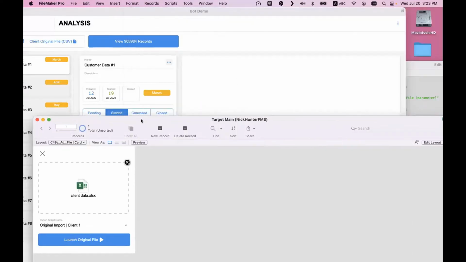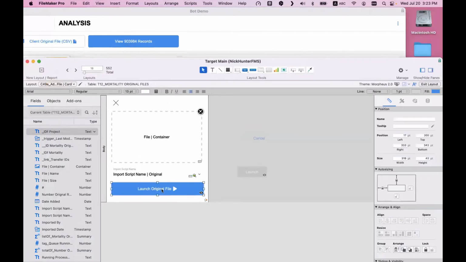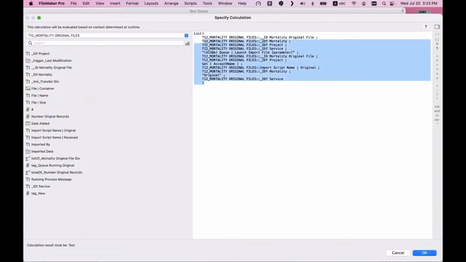So I have my button here. I double click and I see all my stuff, these parameters.